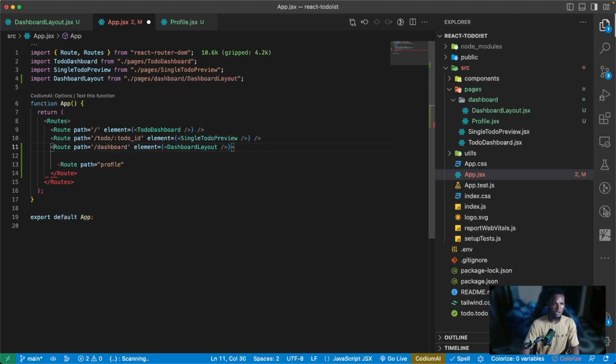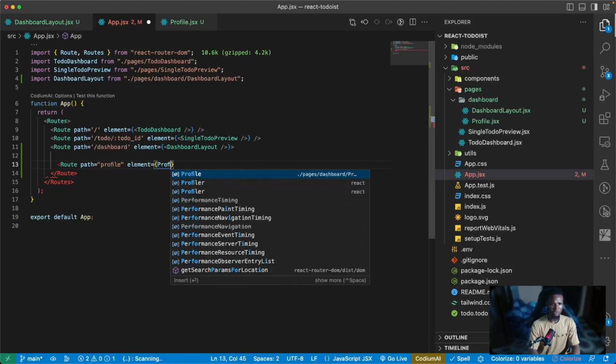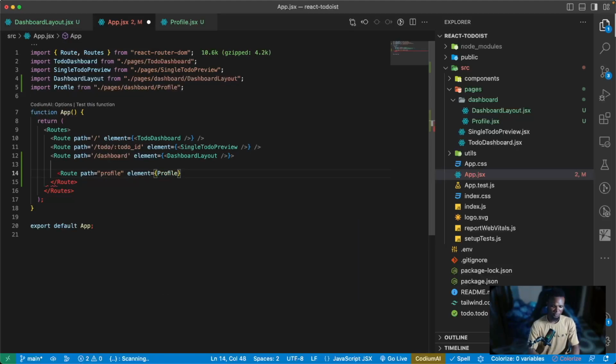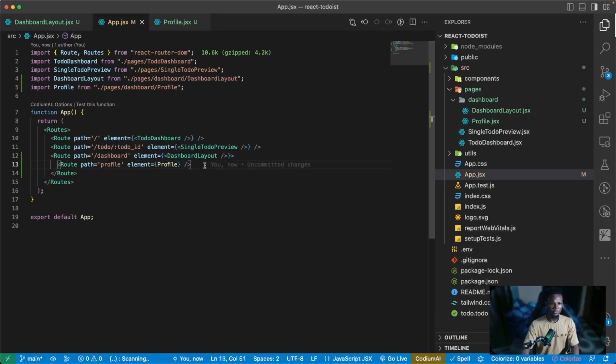So we are just going to have profile here without the backslash, and then we can specify the element that we want, which is the profile. So this is basically all we need to do